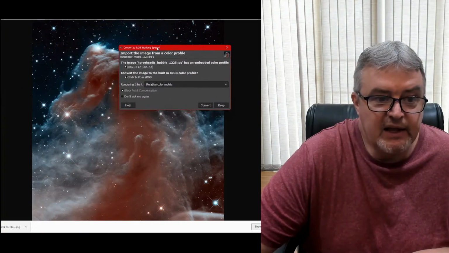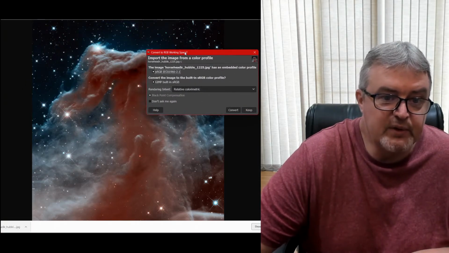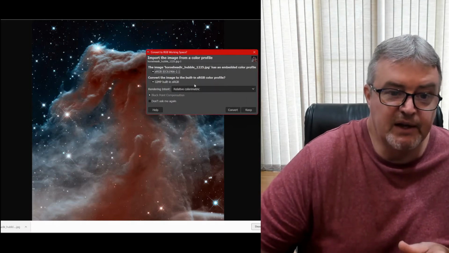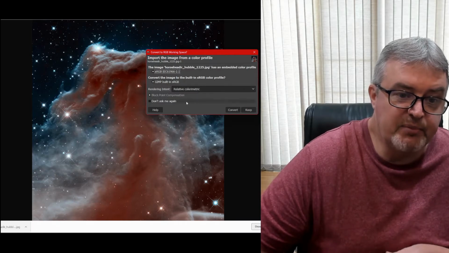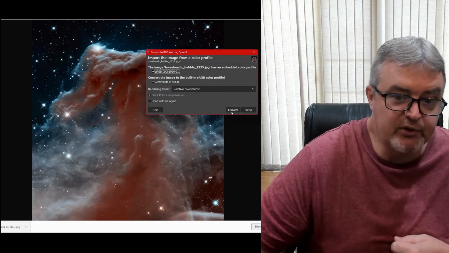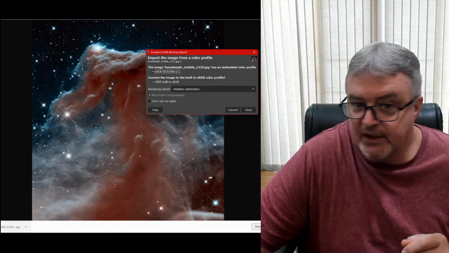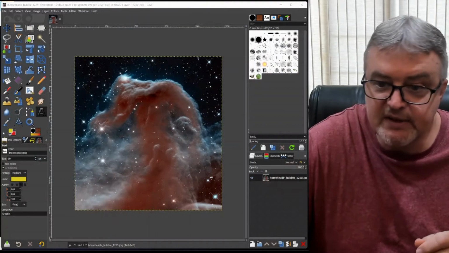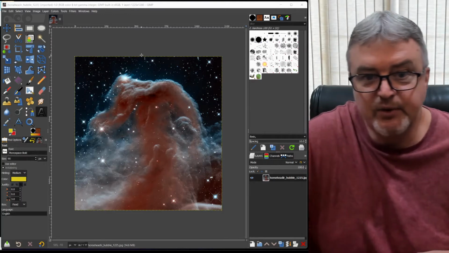And then this window will open up and it will ask you if you want to import the image from a color profile, or do you want to convert it to the sRGB color profile. Just click Convert. I'm going to click Convert, go back to GIMP, and you'll see that the image has loaded beautifully into our